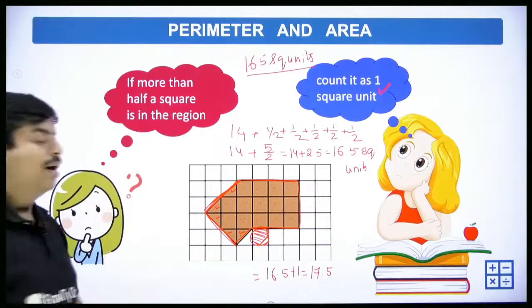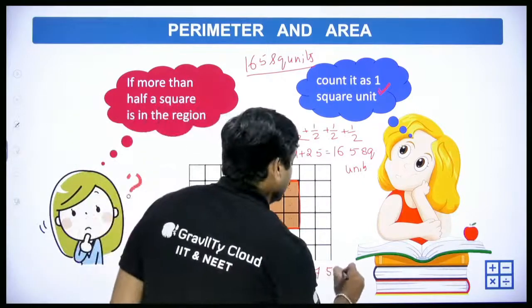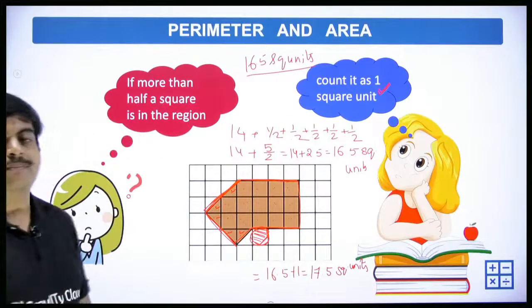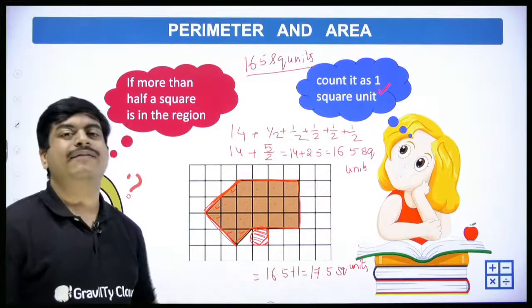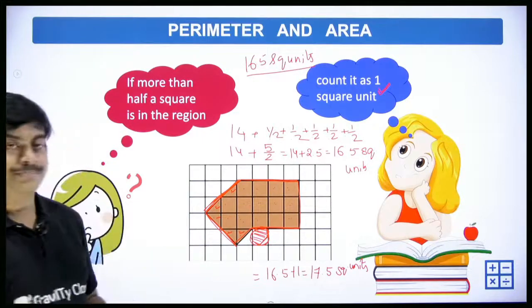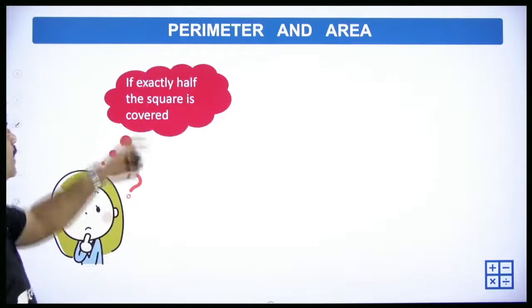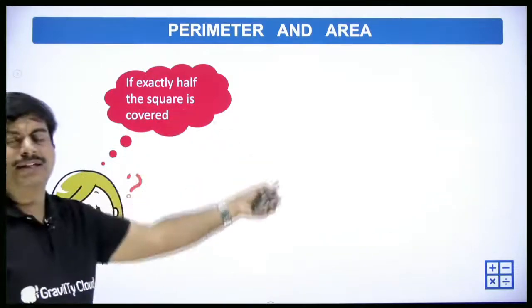17.5 area is always in square units. Area is always in square units. 16.5 plus 1 will give us 17.5 square units, correct? Okay, so moving ahead to the next concept, if exactly half the square is covered, just now we discussed,